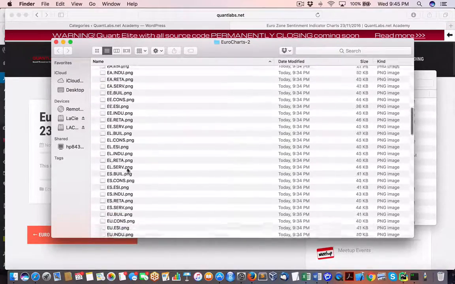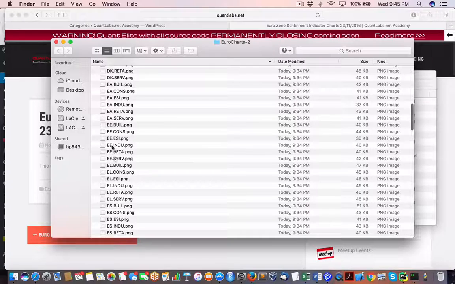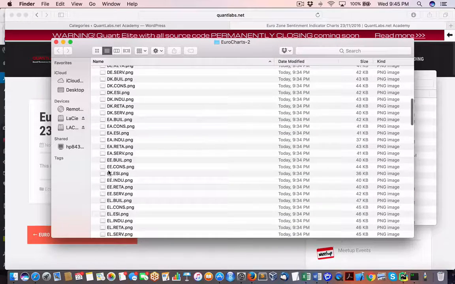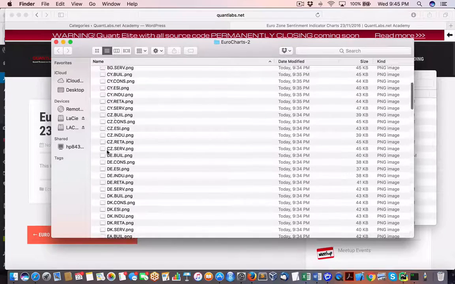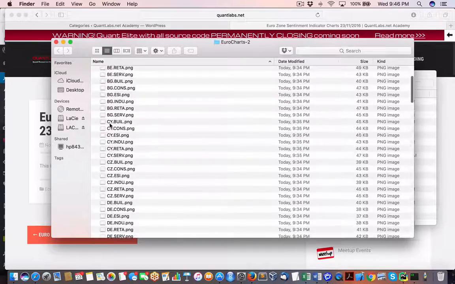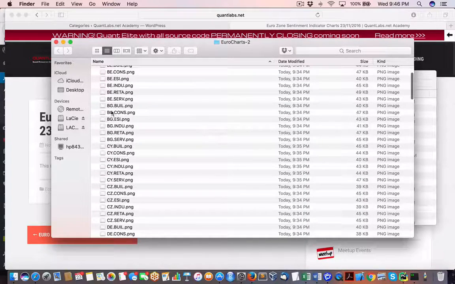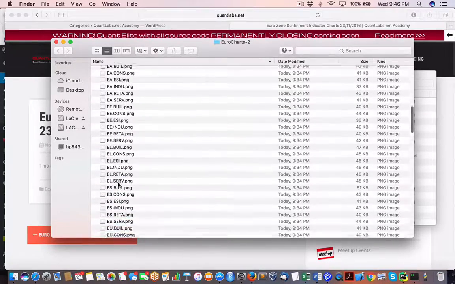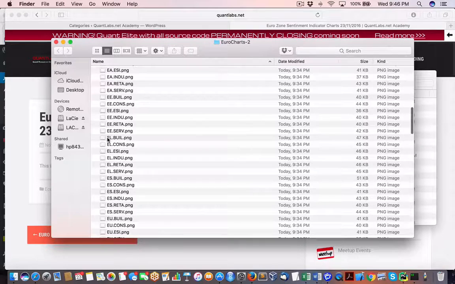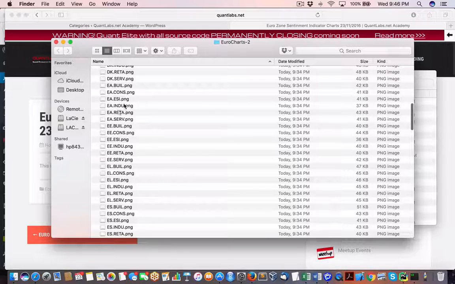Of course, if we go to the top here, we got Spain, ES. I think this is Estonia, EE. This is Denmark, DK. DE is Deutschland, or Germany. This is Czechoslovakia, I believe. So on and so forth. Then we have Belgium, Bulgaria, and then EA right here. This is the Eurozone. So if you go under EA, we have building,